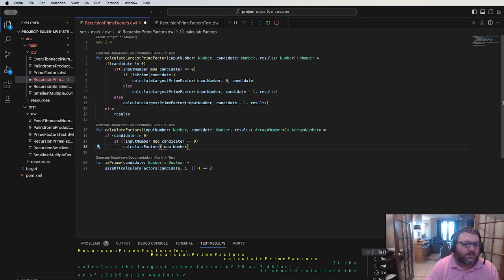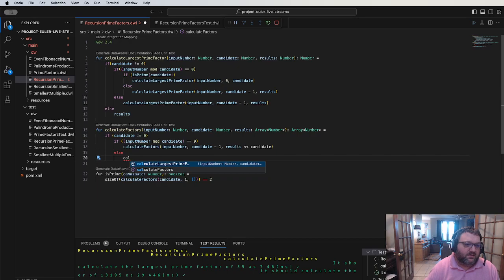Input number, candidate minus 1, results. No, it's going to be results, and we're going to append on candidate, right? There we go. And then else